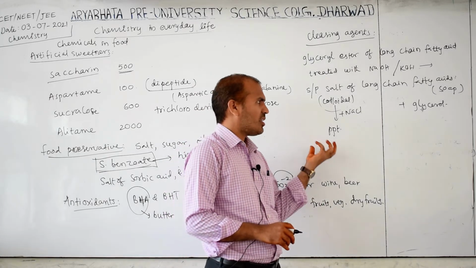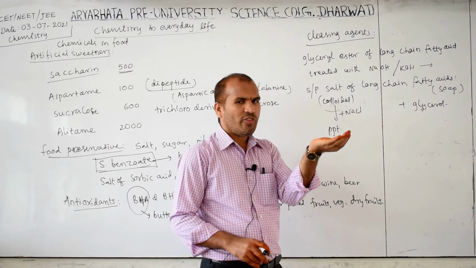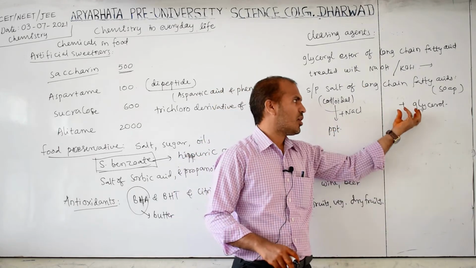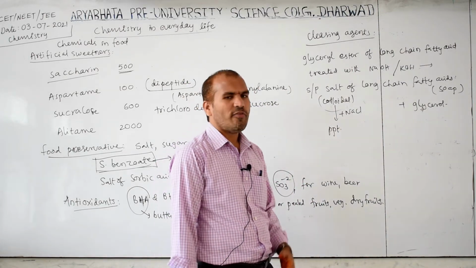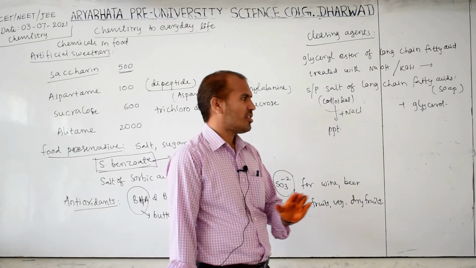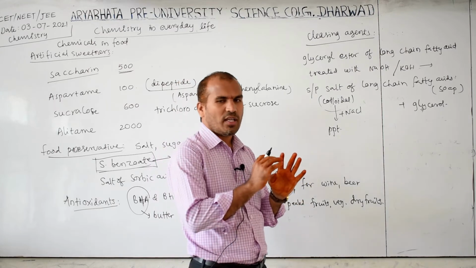And the remaining is filtered out. In the filtrate, what you get on the filter paper is this precipitate, and the remaining liquid comes down. That is called glycerol. This is separated by using the fractional distillation process. Okay, you know the fractional distillation process from first year organic chemistry. So keep in mind this equation also is given.